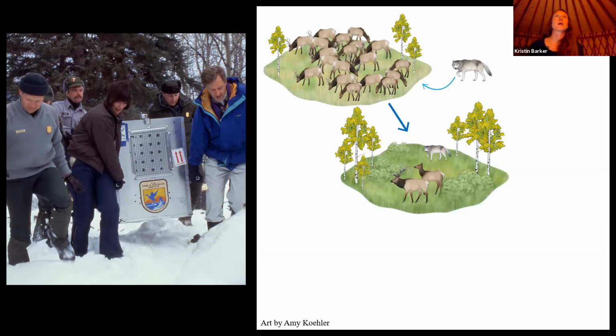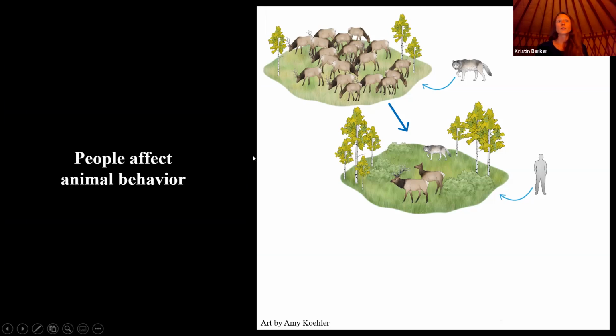And because of this, we now have this idea that bringing a top predator back into the ecosystem will restore healthy ecosystem function. However, this story is missing a key player, and you can see that player in this picture on the left. It's people. And while we've learned from this reintroduction that the behavior of wolves can affect the behavior of their prey, which can affect other things about the ecosystem, we also know that people affect the behavior of wolves and